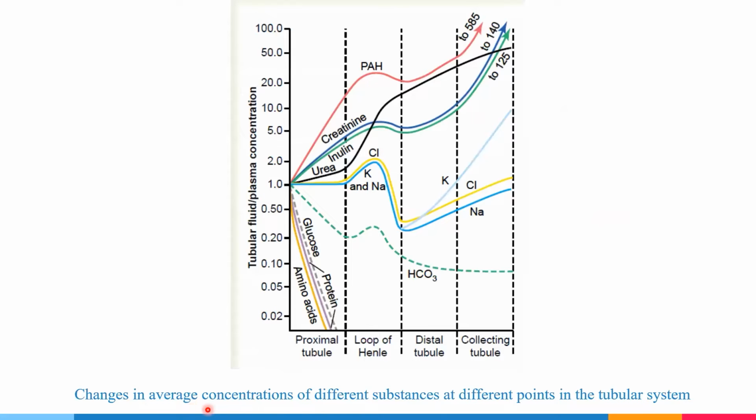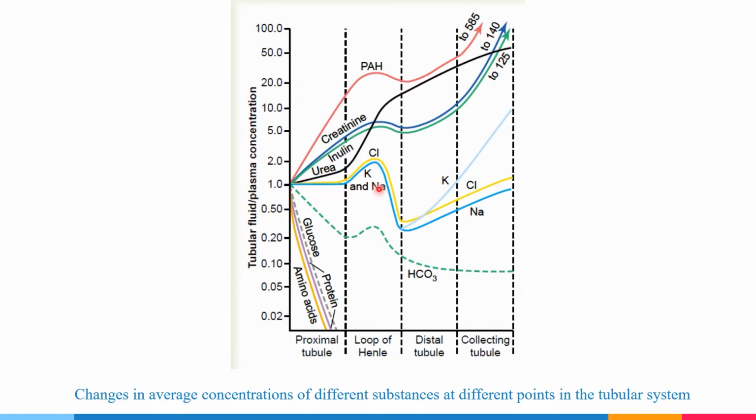Next, we have the changes in average concentration of different substances at different points in the tubular system. As we can see, in the proximal tubule itself, most of the important substances that were filtered, such as glucose, protein, and amino acids that can be reused by the body, are more or less completely reabsorbed, so that their concentration drops down to almost zero. But on the other hand, end products such as creatinine and inulin get more and more secreted into the urine itself with little to no reabsorption, and thus their concentration rises as the urine passes through different portions of